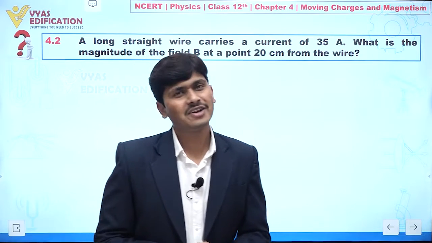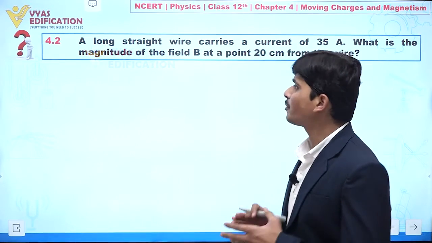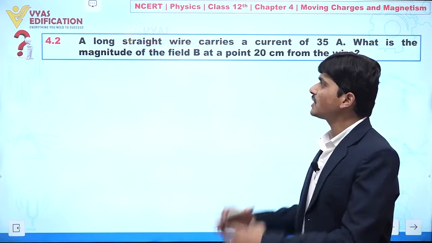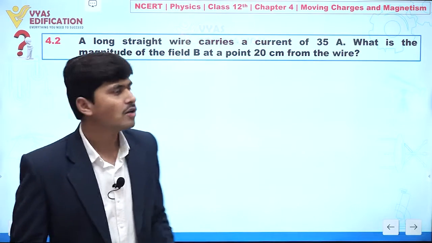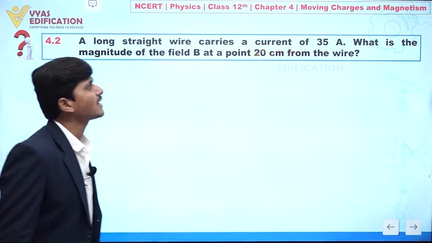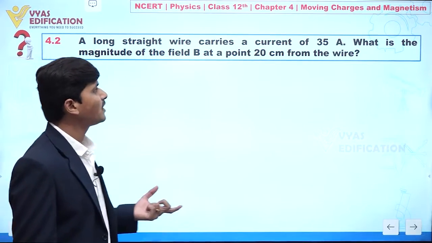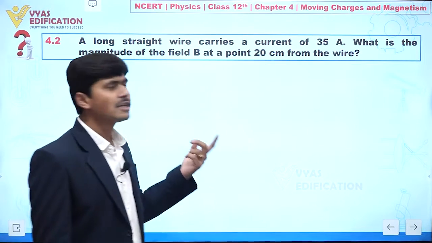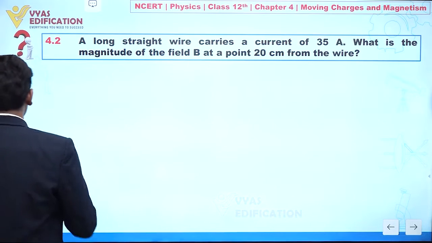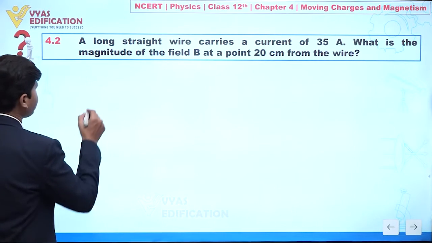Now dear student, we are going to solve question number 4.2. In this question it is given that a long straight wire carries a current of 35 ampere. What is the magnitude of the magnetic field at a point 20 centimeter from the wire? Clear? So now we can see, let's suppose